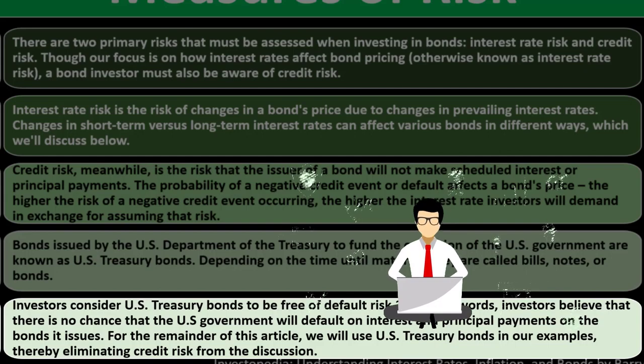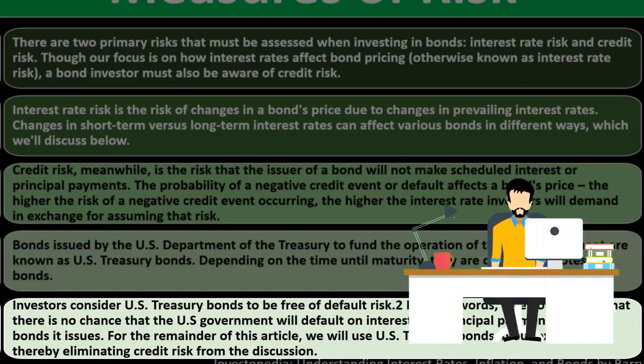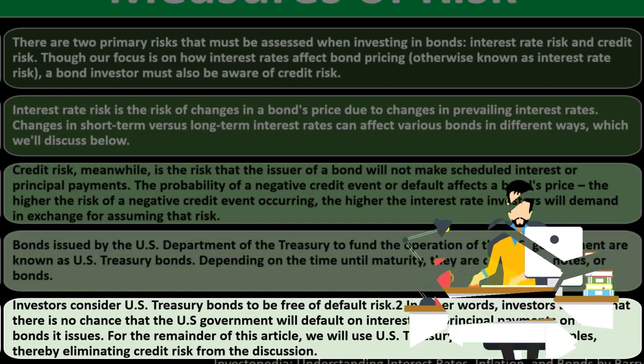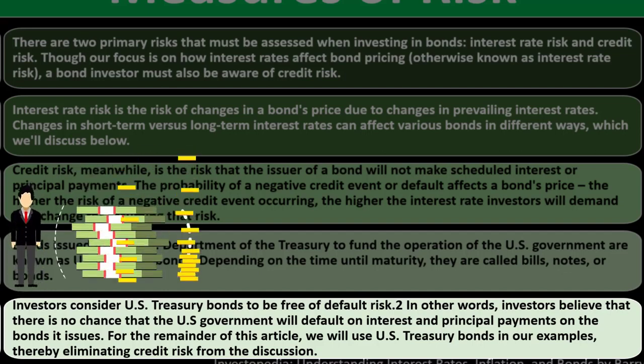risk, that would be a very catastrophic situation because they have the power to tax and in essence print money. So you would think if they're defaulting, we'd be in trouble. So that's very low risk in that event, because that shouldn't happen. In other words, investors believe that there is no chance that the U.S. government will default on interest and principal payments on the bonds at issue. Again, I would never say zero, but it's as close to zero as we can basically get when we're